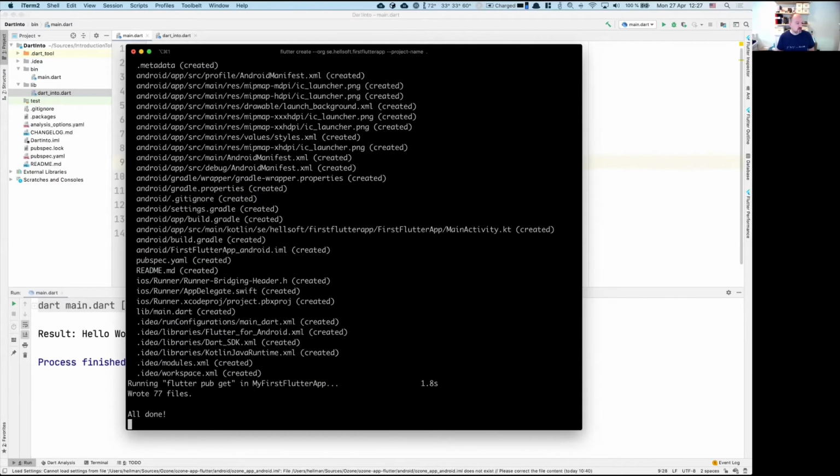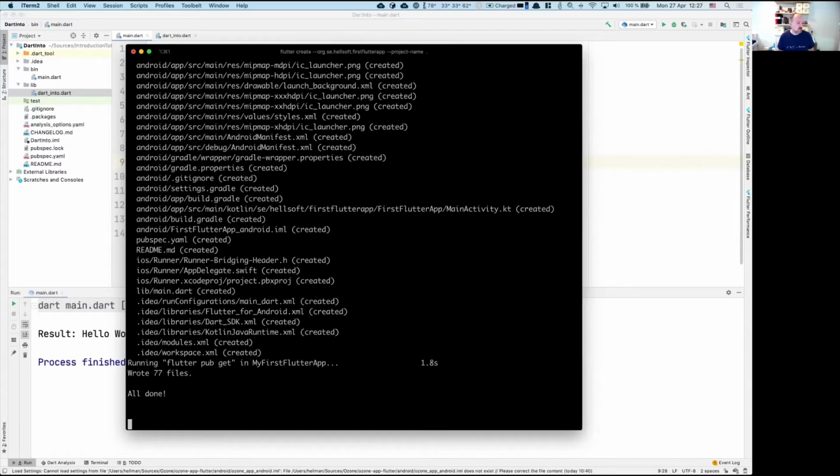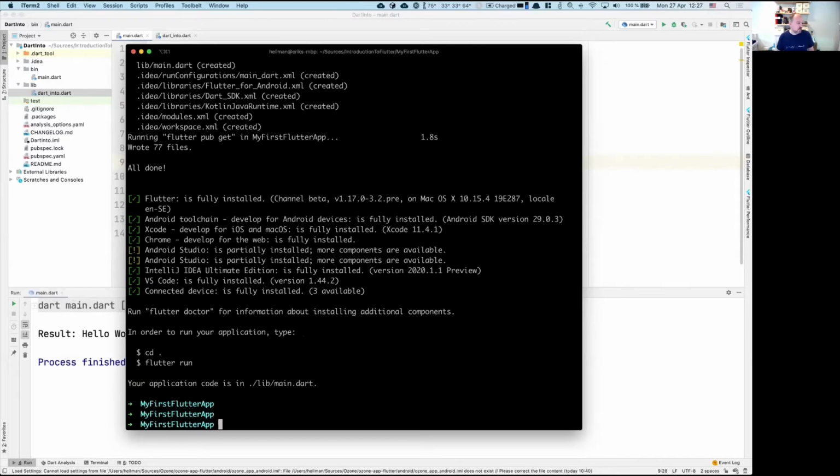you start generating all of this code here, and waiting for it to finish. It seems to have, there you go. It also checks if everything is okay. I got a couple of IDEs here, so I'm using IntelliJ IDEA for all my Flutter coding, but I can also use Visual Studio Code. And now I can do